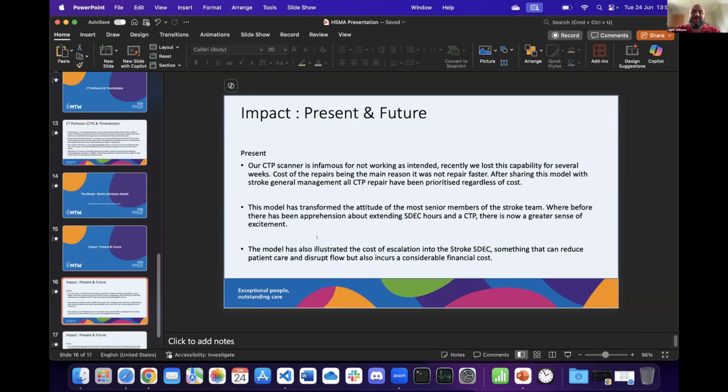As I mentioned a bit earlier, it has transformed the attitude of our senior management team to extending the SDEC hours and also the CT perfusion hours, where there's much more excitement for it as opposed to sort of an apathy towards it. And also this model, I didn't get to show this today, but it illustrates the danger of